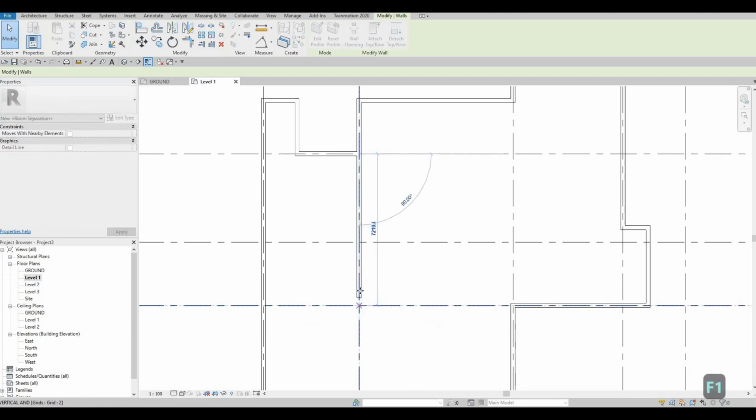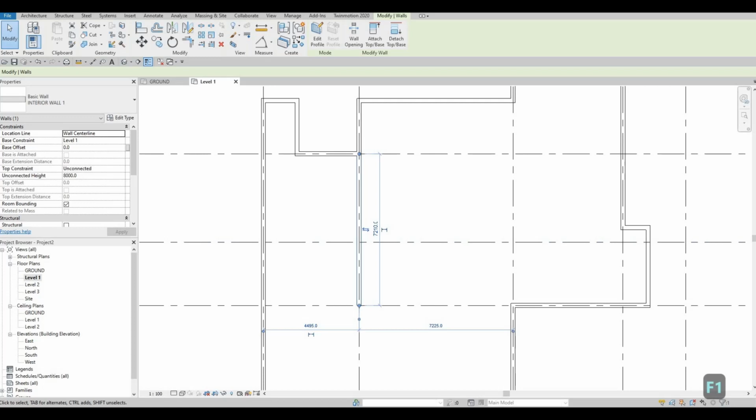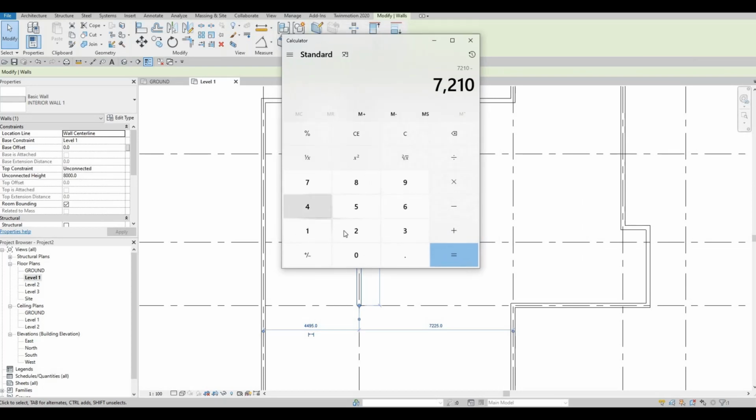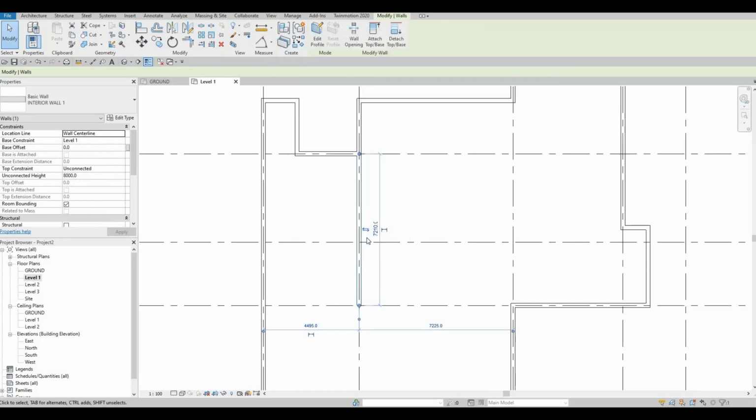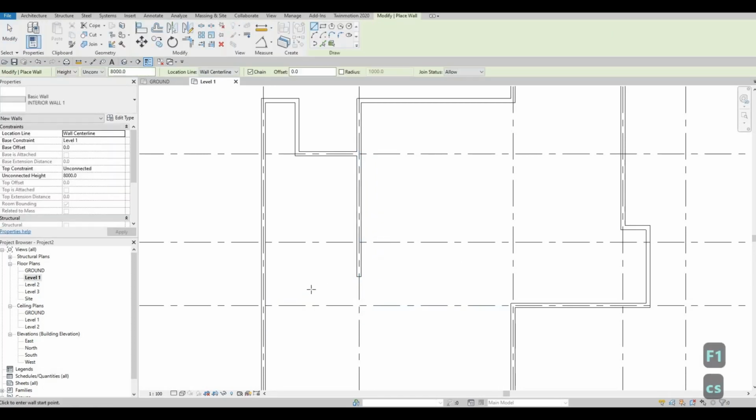so now let's put this back, 7210 minus 1370, so it's actually 5840. So 5840, press enter, and then now we're going to select that again, CS, and then we're going to add in